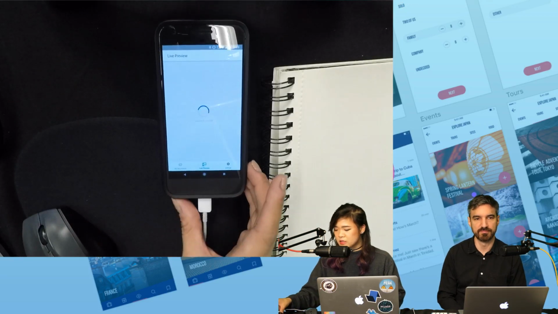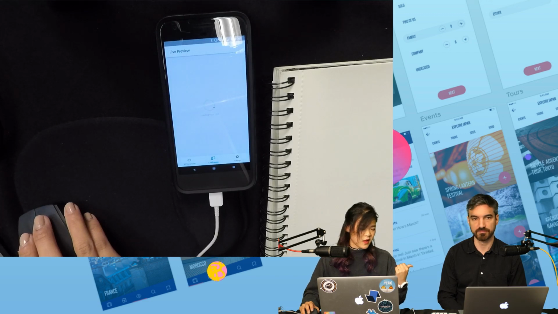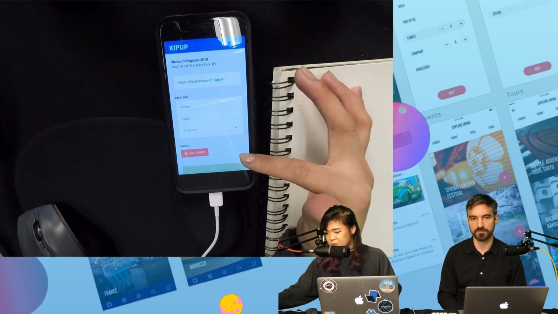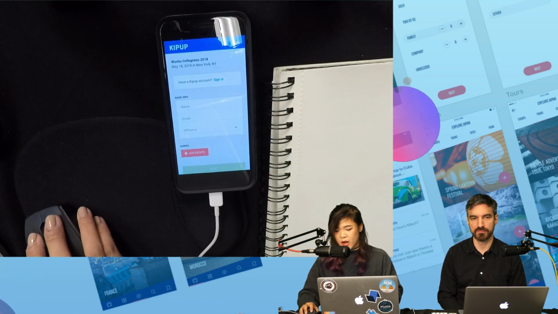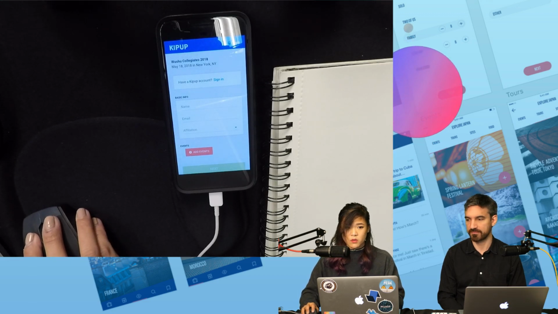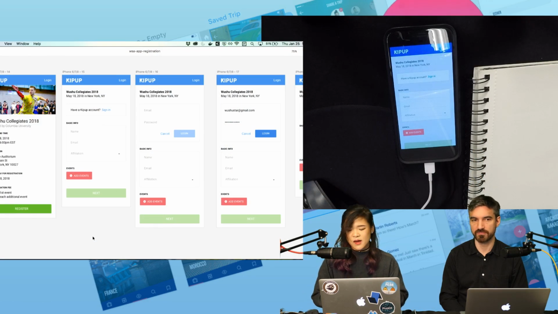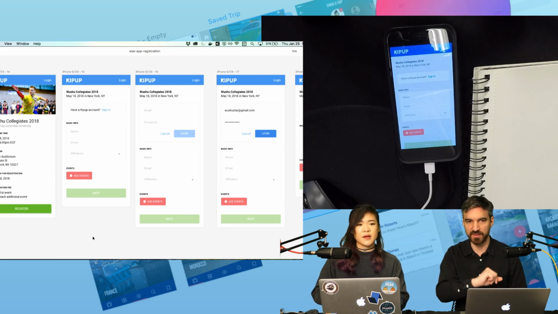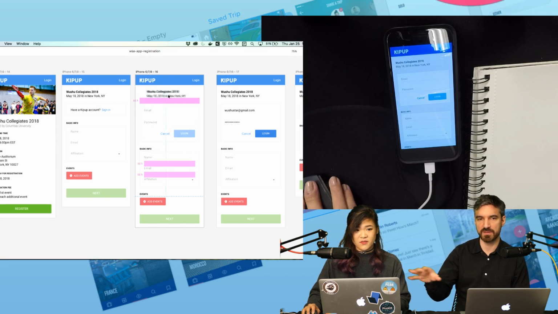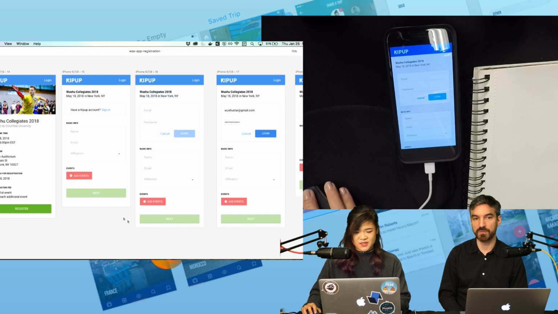So, like we showed yesterday, we use this Adobe XD app, which Michael plugged his iPhone into, but this also works on Android just the same, where you can preview your design. This artboard is the one that's in focus on XD on my computer. And if I move something around, you can see it move with it. They will see both screens if you show it again. So you are working on this screen, and when you select an artboard, if I move something around, you'll see it move on the phone right there.